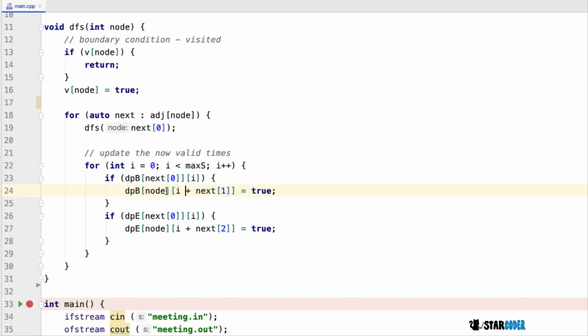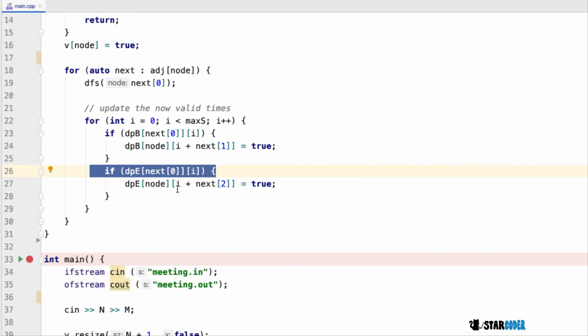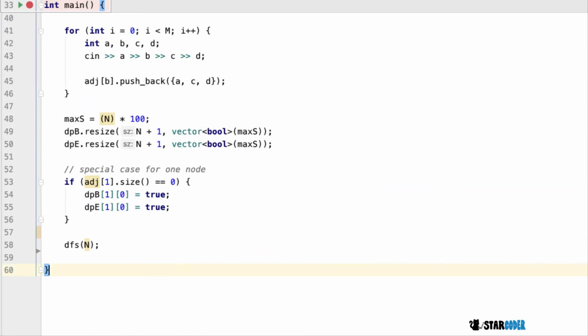So in the time of I plus the time it took to get to next, so the distance plus the time it took to get next, we're going to mark it as true. And if the same thing is true for Elsie, then we're going to do the same thing here. So the DFS over there is the bulk of the code, but once we finish that, all we're going to do is loop through